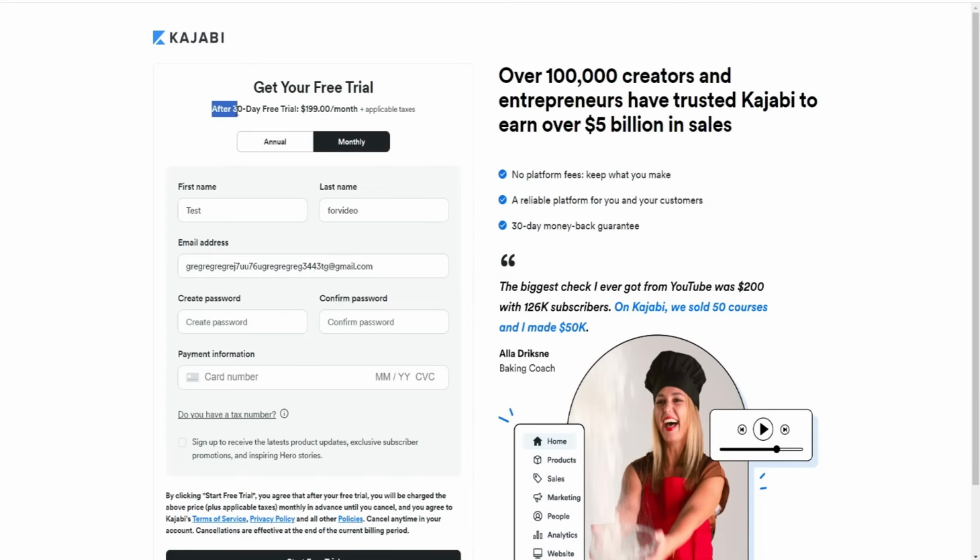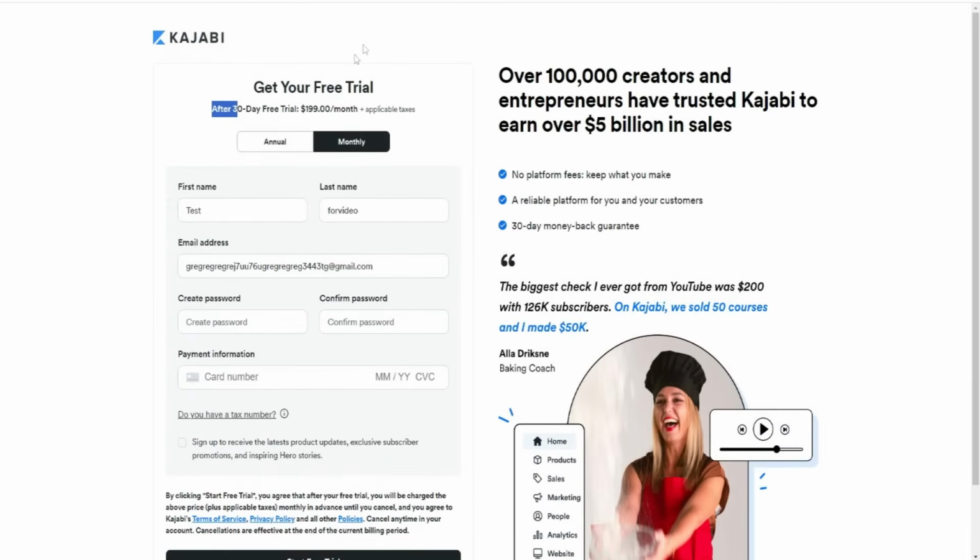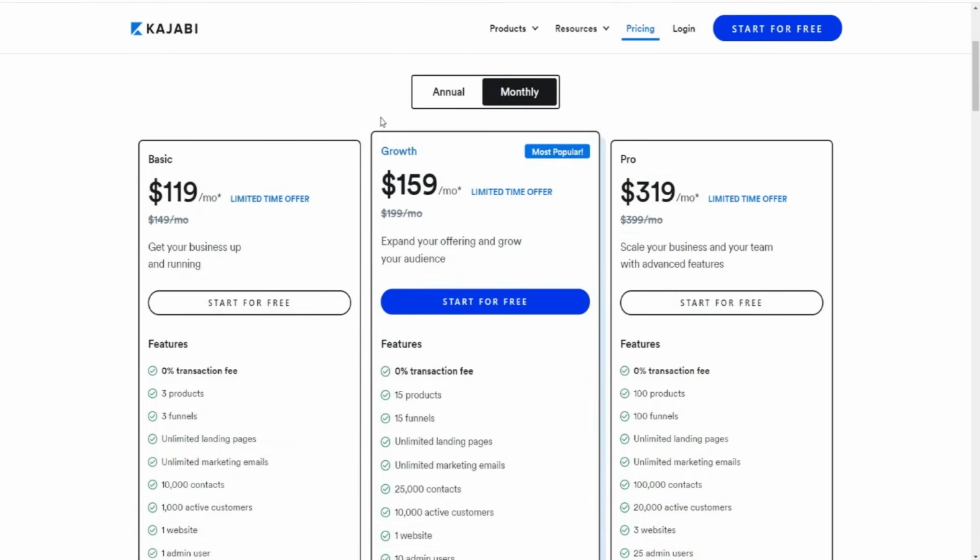As you can see, after your 30-day free trial, you obviously pay the monthly rate. But you can always choose not to go ahead with that. You get a 30-day free trial, so you can obviously go through the terms, read through that carefully, and all that type of stuff. Also, in terms of Kajabi itself, there's no platform fees, so you keep what you make. It's a reliable platform for you and your customers, and you get a 30-day money-back guarantee as well, which is cool. So if we go over here to the pricing page right here, as you can see,